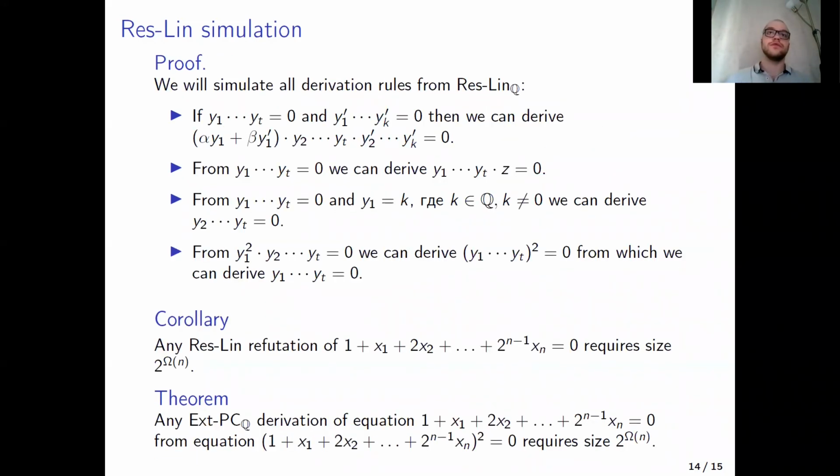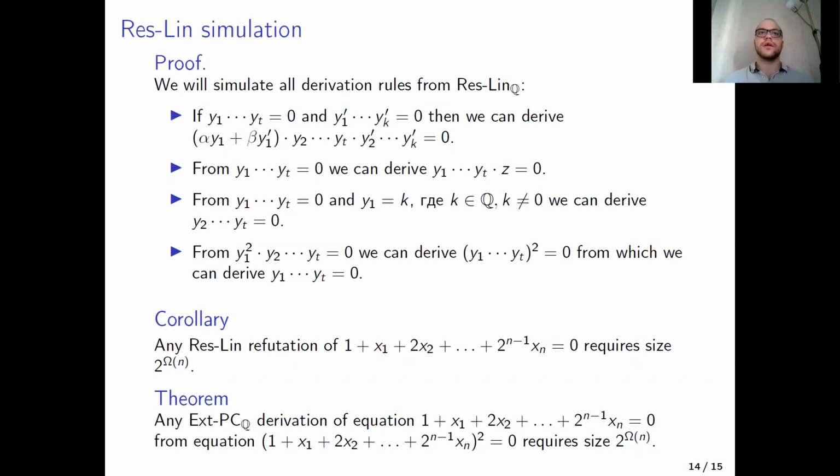So the proof is a simple induction on the number of steps in the original Res-Lin refutation. So we just simulate steps in the original Res-Lin derivation one by one. There are 4 cases based on which rule we are using on the current step. So if we are using resolution rules, then we can easily simulate it, since we can take a linear combination